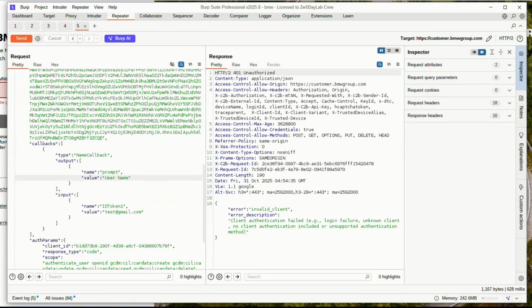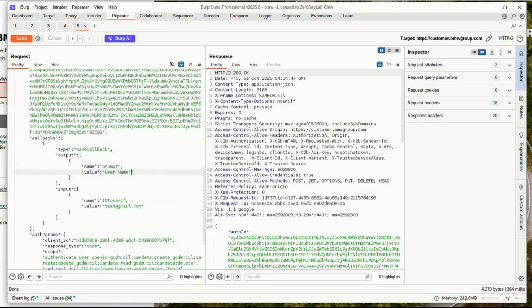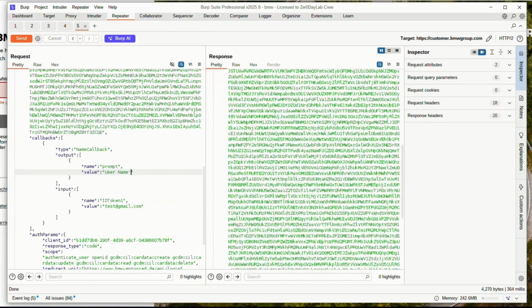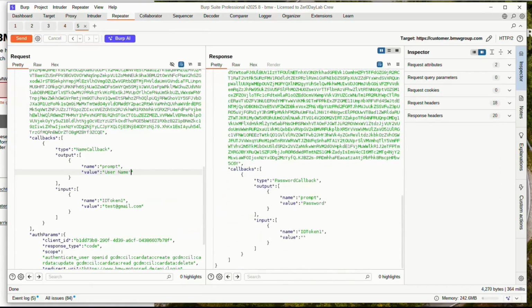The value is username. Let's submit a single quote and send it. It's giving us something. The name, value is password. Let's try password and id token 1.